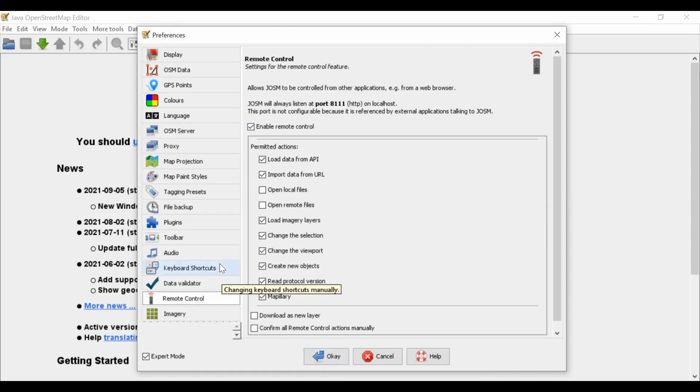There are some features for which you really have to enable remote control, and then you will click OK. And also another thing that you will have to do is plugins, but I'm not going to speak about plugins now. I will speak about it later. So after doing that,